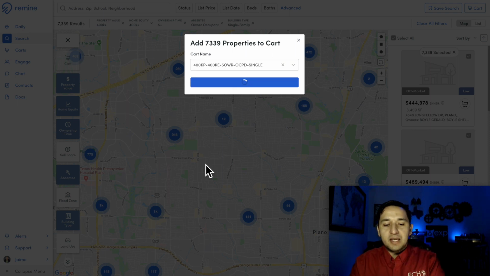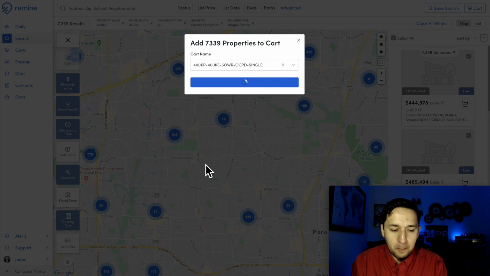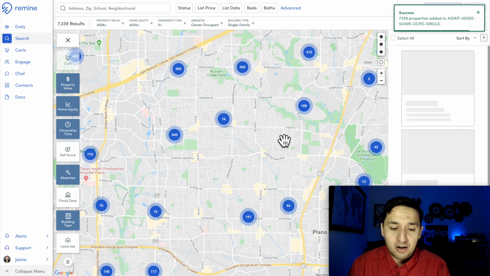So we're saving this list. We're pulling all of these people's information and putting them into a bucket, putting them into a cart. Now, it's been about 6 months or so since the cart feature was introduced, so if you haven't logged in since then, it's looking a little bit different. The carts are just different presets, different places where you can warehouse your searches and keep track of them that way. It's going to take a little while to save because we are saving a lot of properties,